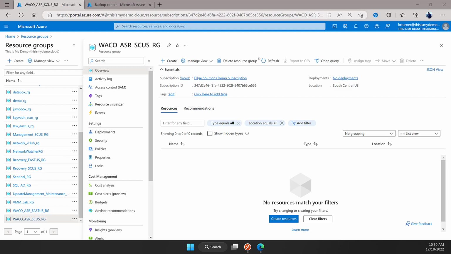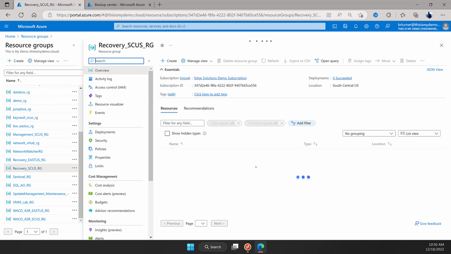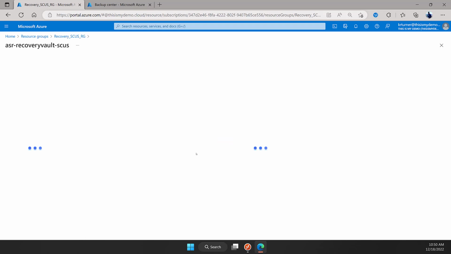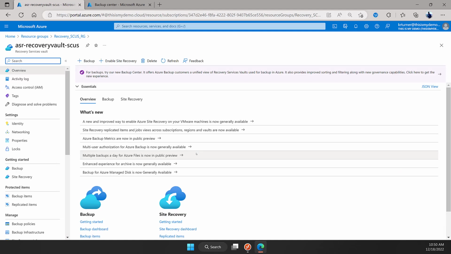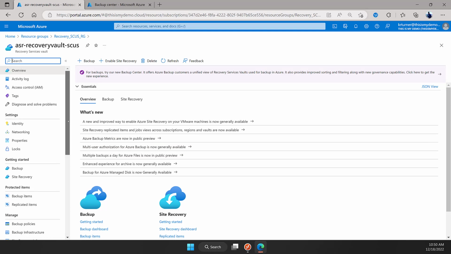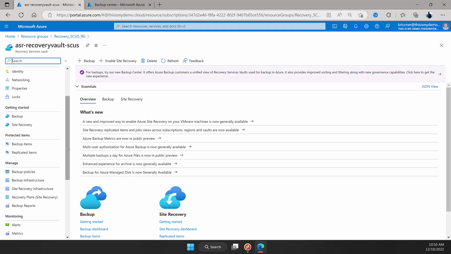So let's talk about ASR really fast before we start getting in and actually showing how to create the things. When you go into your Azure Recovery Services Vault, which let's pretend hasn't been created yet, but it's here anyway, you have various tools on the left side, various configurations that we're going to have to pay attention to. I'm going to be doing a Hyper-V to Azure and then Azure back down to Hyper-V